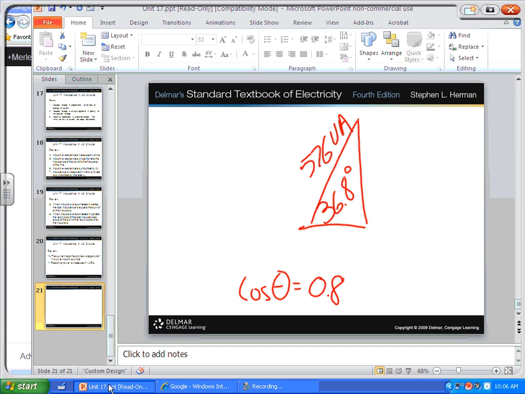Now, this is our new triangle. This is our power triangle. We're pouring 576 VAs of power into this circuit. And we'd like to know how much work we're going to do, right? All right. The cosine is equal to what? Oh, another power. Okay. Don't we have the hypotenuse in this case? And we have the cosine? Wait a minute, that's two solid numbers. So the cosine is 0.8,